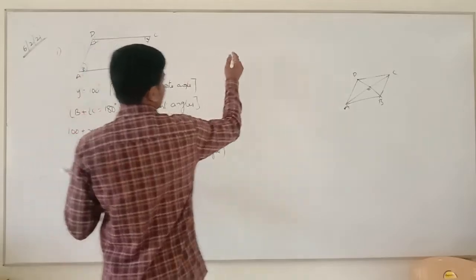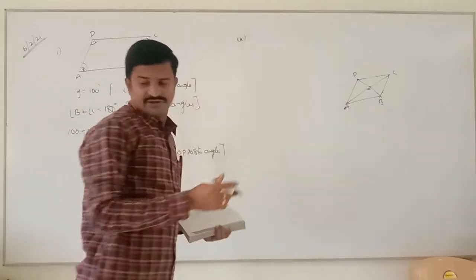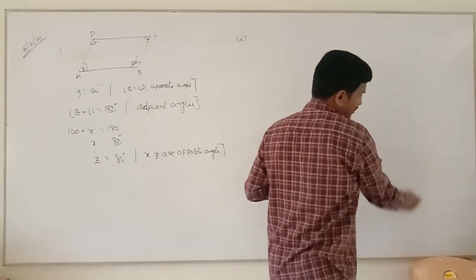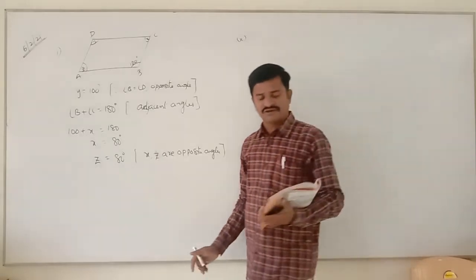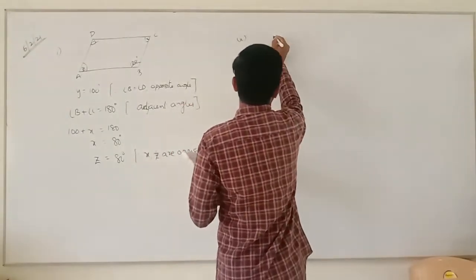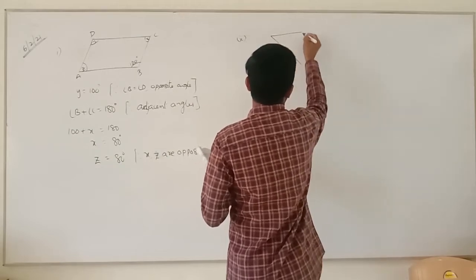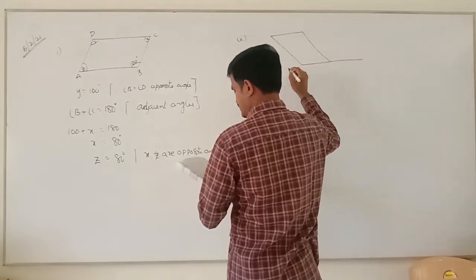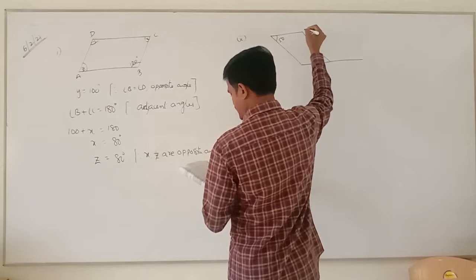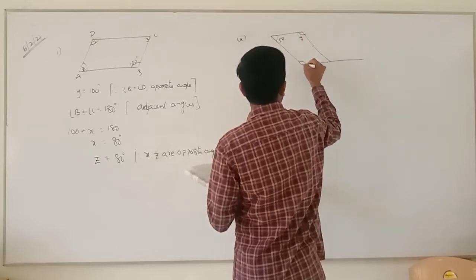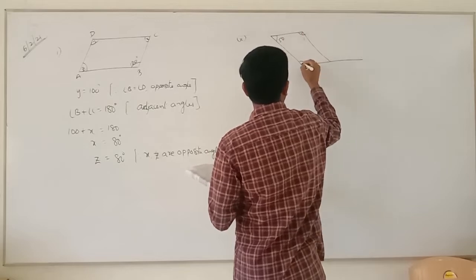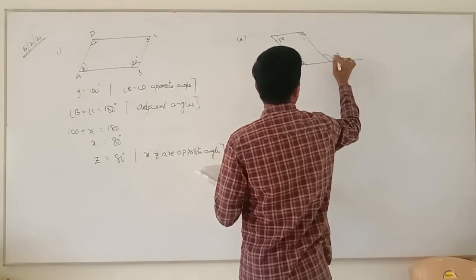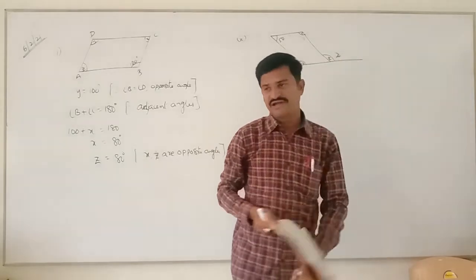First, suppose, second diagram, see all of you in that. Different situations he may give, but in all the situations, the properties are the same. Based on those properties only we can find out. This is the diagram given, children. This is given as 50, and this is given as y, and this is given as x. And this is given as z. How will you find x, y, z?